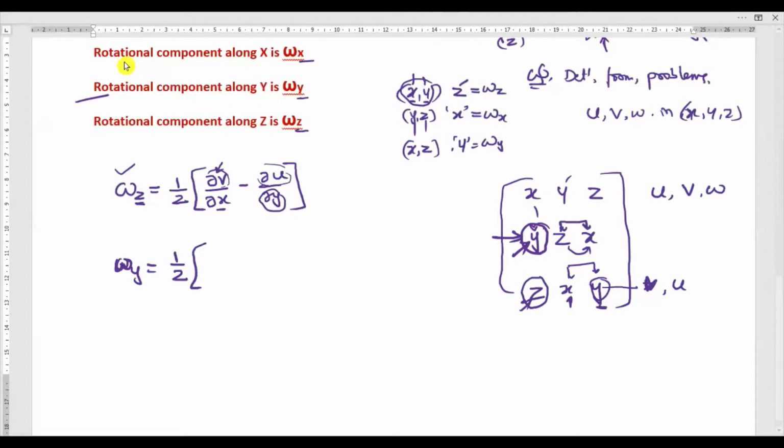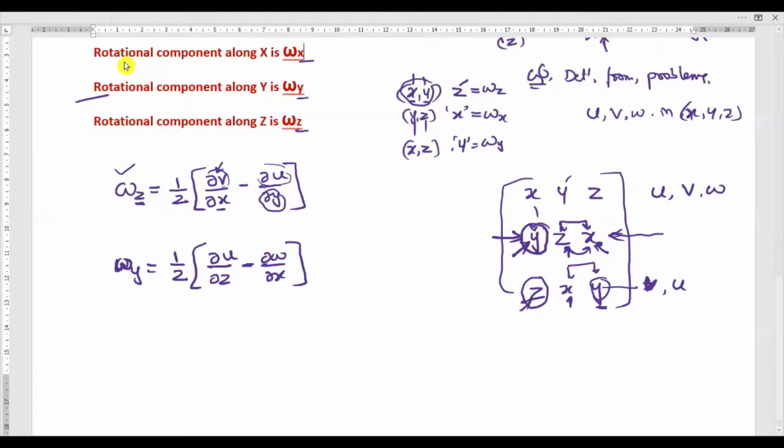In here you take the last term, if you are referring to this shuffle order. The velocity component in this direction you take. The last term is X, and the velocity component in X is dou U. Okay, so what is the axis left out here? This is Z axis. You write dou Z, minus. You take the middle one now. Which is the middle one? The velocity component in Z is dou W, divided by which component is left in the last, that is X. This is the velocity component along Y direction.